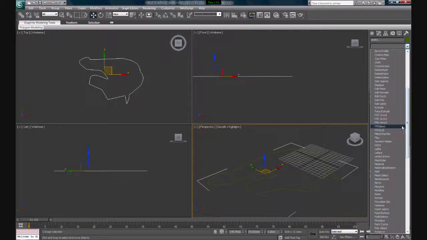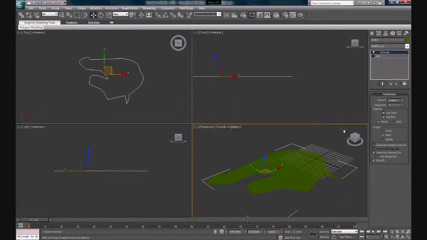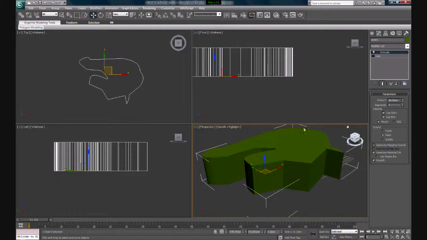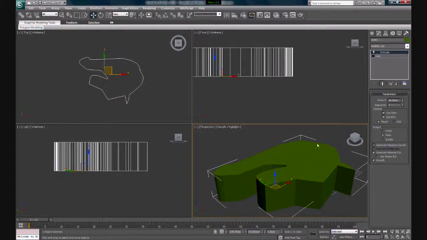I've already shown you this method in the previous tutorial. Let's extrude. The amount means height, so you can always increase the amount. So basically it extrudes the shape of the line,